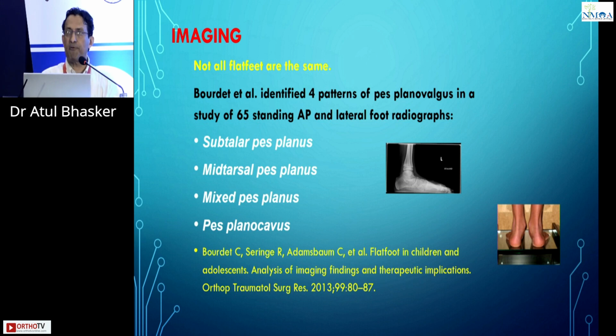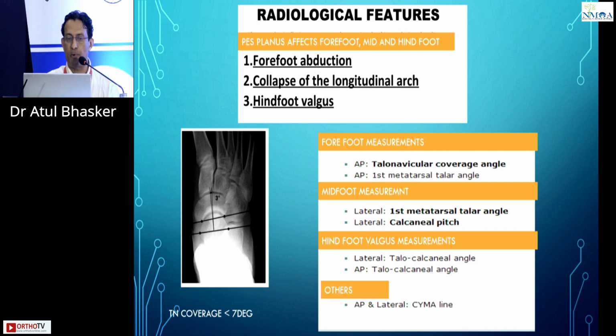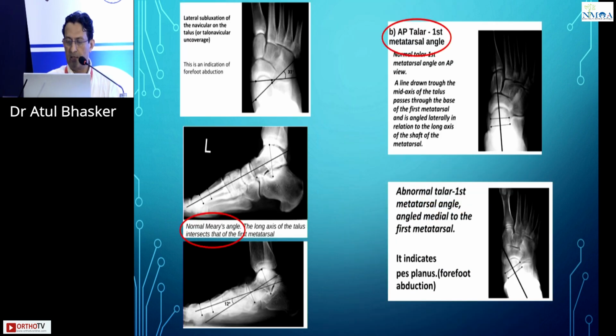There are different types of flat foot which have been classified depending on where the collapse of the arch is, whether it's in the subtalar joint, mid-tarsal, or it's a mixed variety of flat foot. So again, X-rays become extremely important. One should look at the forefoot adduction, the collapse of the arch, and the hindfoot valgus. So there are various angles that have been described, but most important, remember the talus first metatarsal base angle, both in AP and lateral, and the calcaneal pitch angle. Those two are the most important. And that will at least give you an idea where the foot is collapsing and also what is the cause